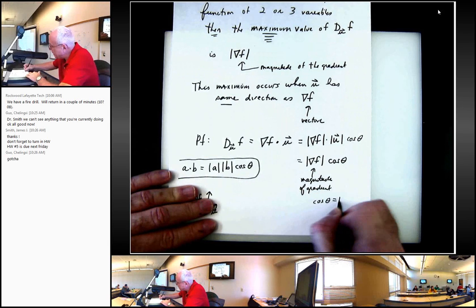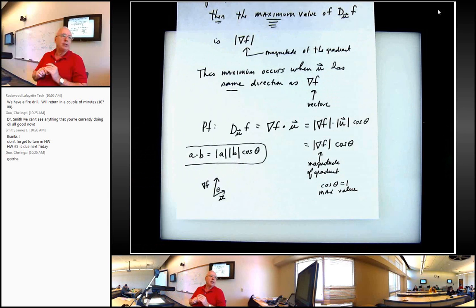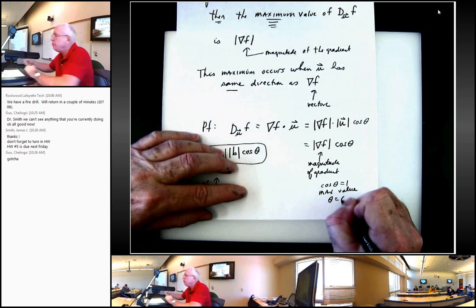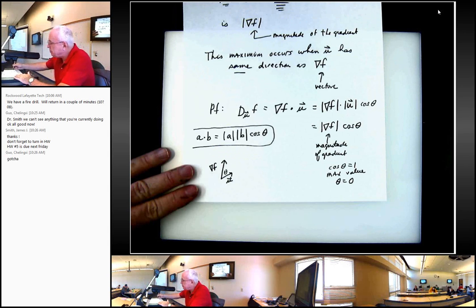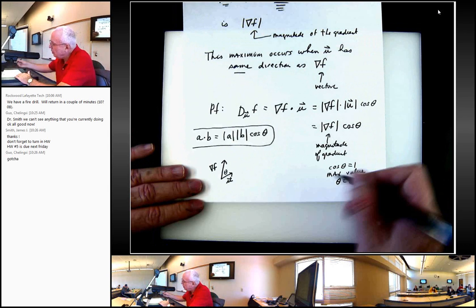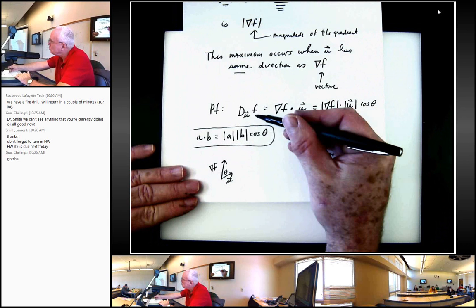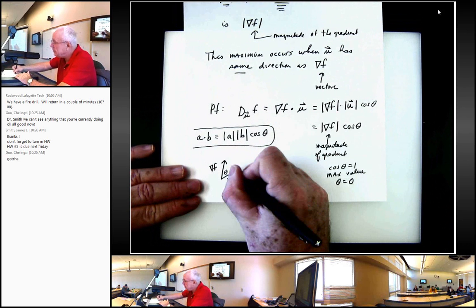Will give us the max value. Well, what angle is it that gives us a cosine equal to 1? 0, right? Yeah. Theta equal to 0. 0 degrees, 0 radians. That'll give us the biggest value. So we see here, okay, we're going to have the biggest directional derivative value when this angle here is 0,